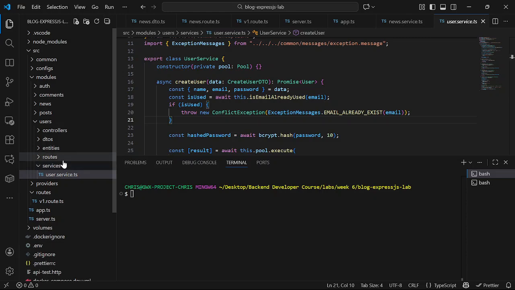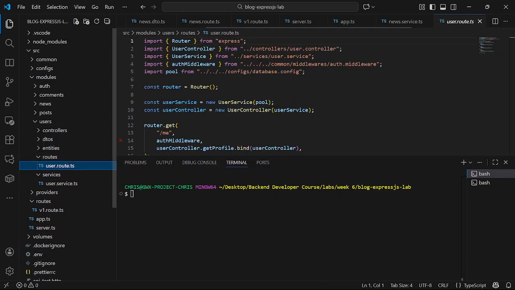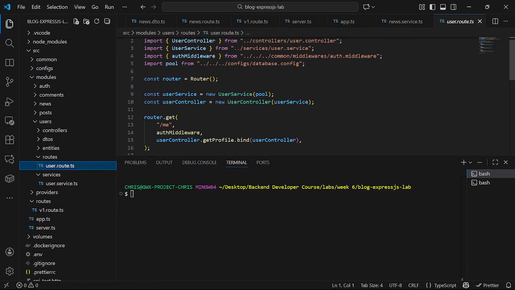If we go to our routes, here you will see that we are declaring and injecting our dependencies by ourselves. This is actually dependency injection, because the user controller depends on, or takes, the user service as a dependency in its constructor, right?